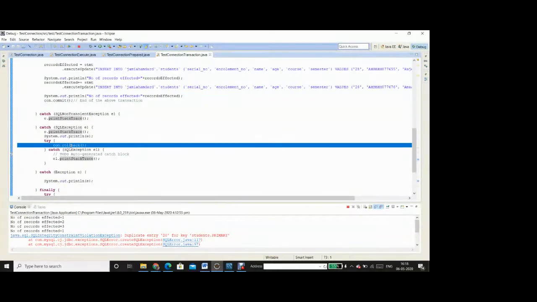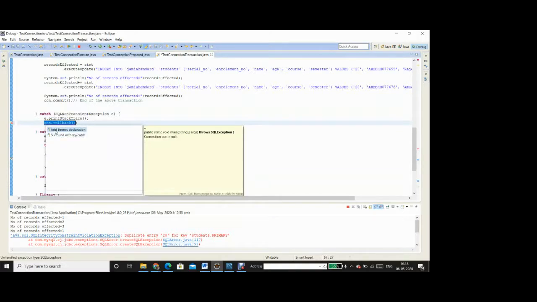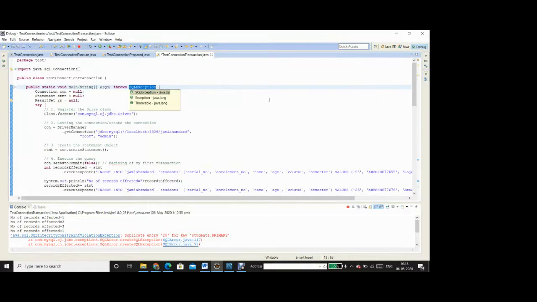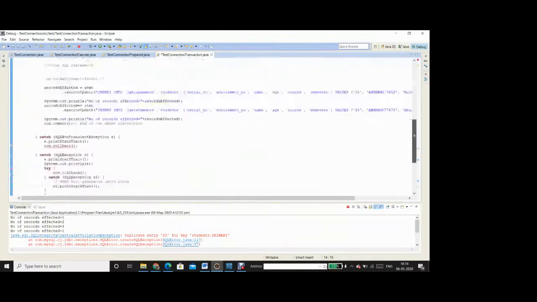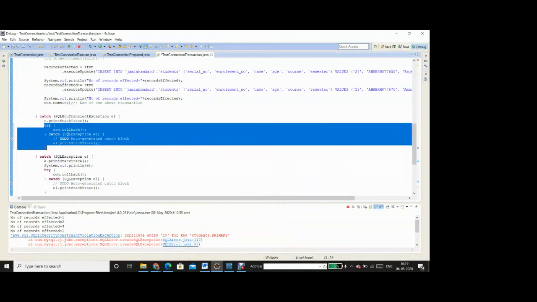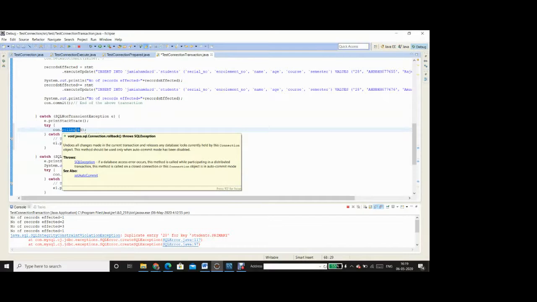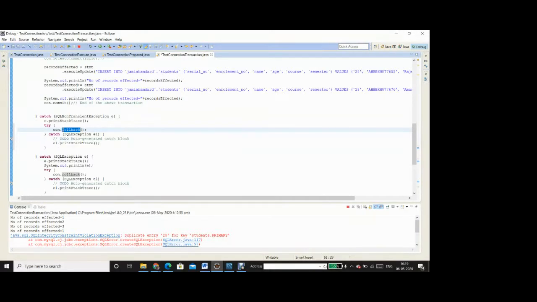Provided I had written this rollback over here, this would have sent an instruction to the database server that, okay, I am explicitly telling, because I got the exception, I am in the exception block, I realize there is something wrong, so I request you to roll back the transaction, right?